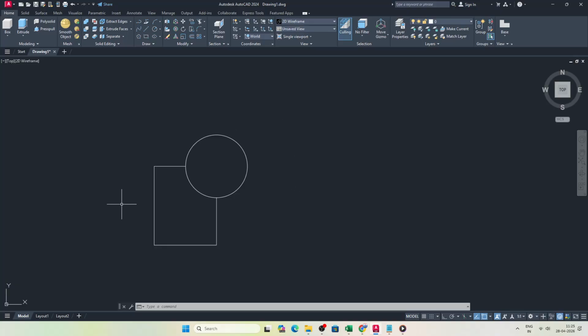First, open your drawing and make sure the object you want to modify is visible and easy to select. When you are ready, type Scale or just SC and press Enter. Using the command line is fast and reliable, and you'll see AutoCAD prompt you through the process at the bottom